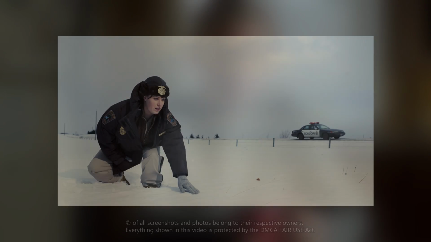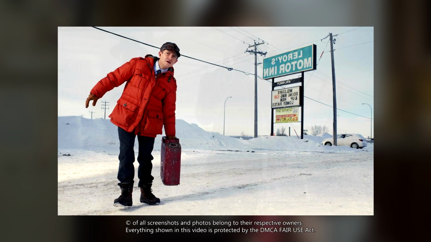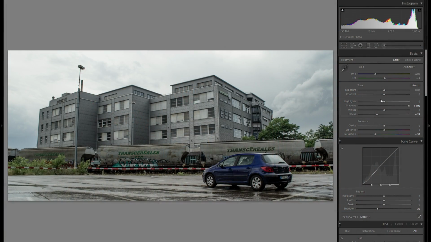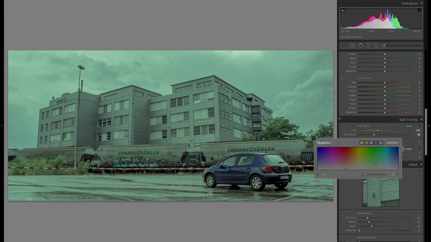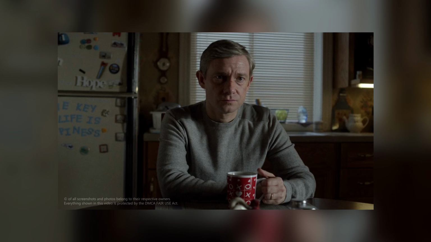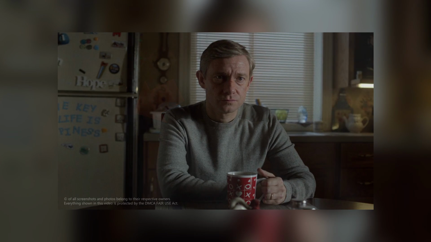In today's episode of How to Get That Look, I'm gonna go after the very famous film style and show you how to achieve it. I'm gonna take the TV show Fargo as a reference and really go through that look, show you a few screenshots and discuss what the essence of it is and what the characteristics are, because even though I'm gonna show the actual editing afterwards on a picture in Lightroom,